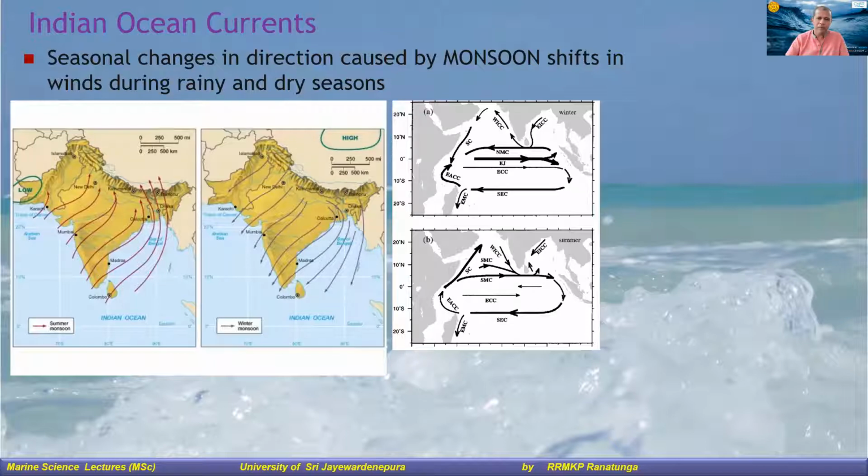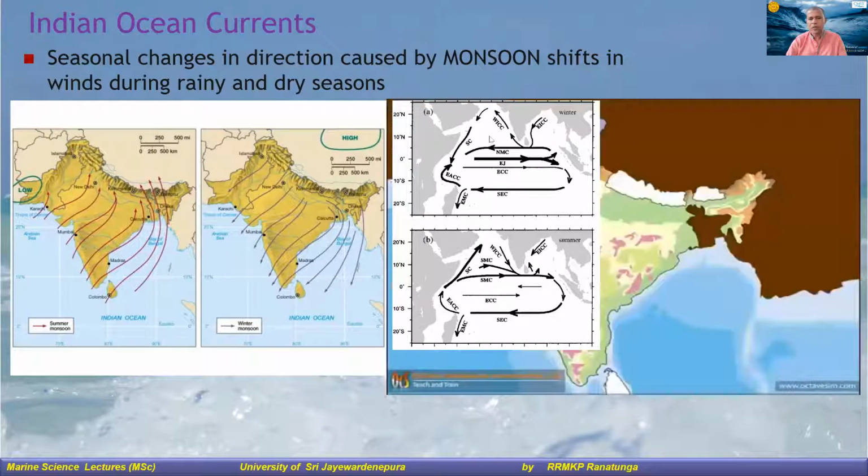It results in rains and floods, so that affects us very much. The concept of the monsoon is very important in the Indian Ocean. It affects our livelihood as well as our life, and also the weather patterns. Again, this concept of the monsoon is something in the atmosphere, but it results in a lot of changes in the ocean currents as well. So the monsoon is very important in this case, right?